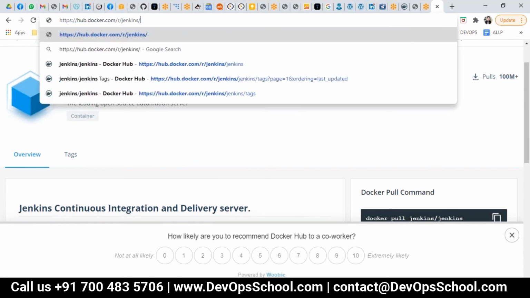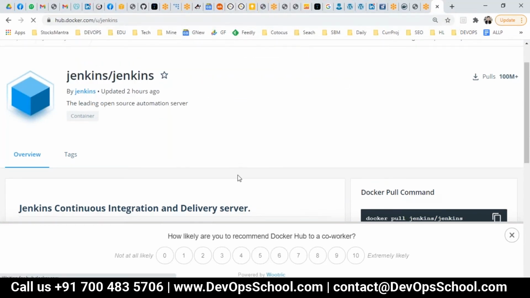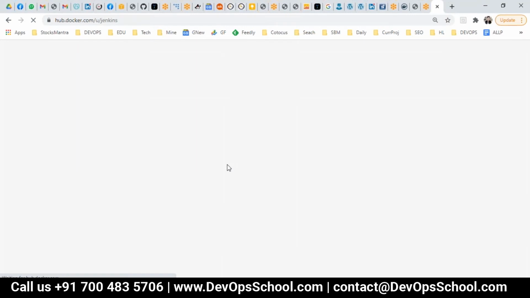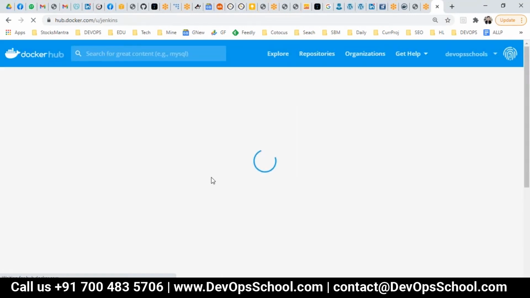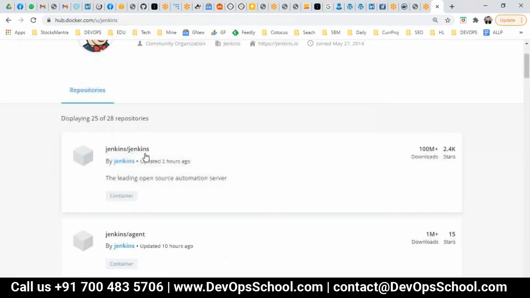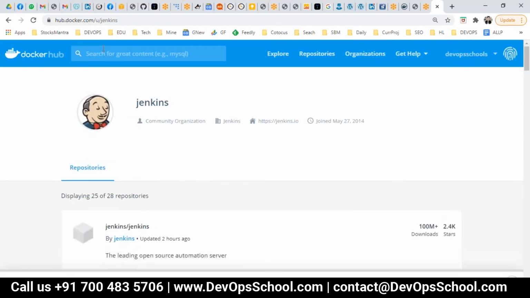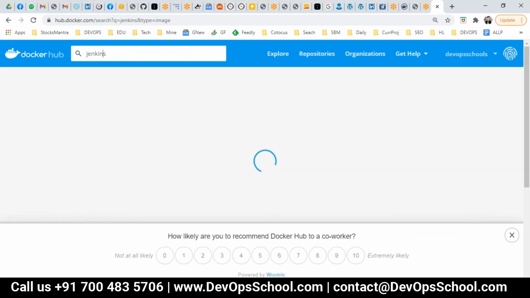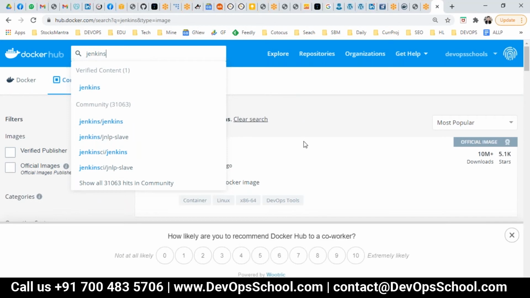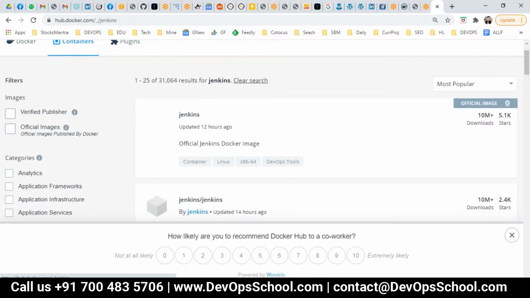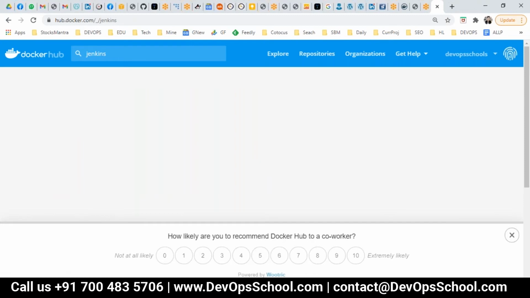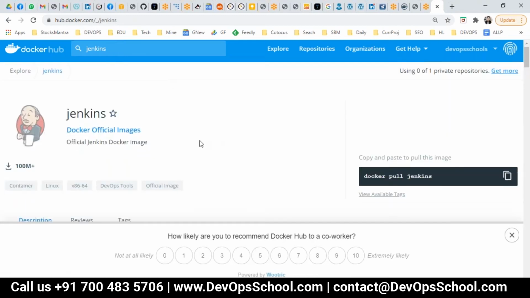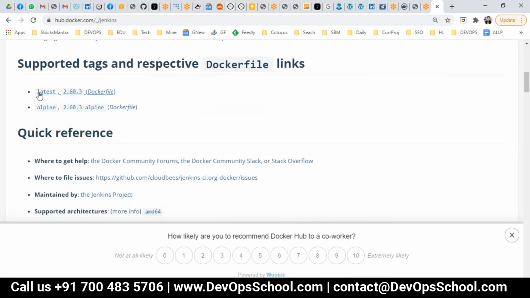So let's go to the official images. There we'll have the documentation properly. So here, this is the official image. It has been deprecated, but the Dockerfile will remain the same actually. So here, Jenkins, where is it? It should be coming. Here it is. This image we are not using, but the Dockerfile will remain the same. So where is the Dockerfile? You see the latest one. Click on the Dockerfile.